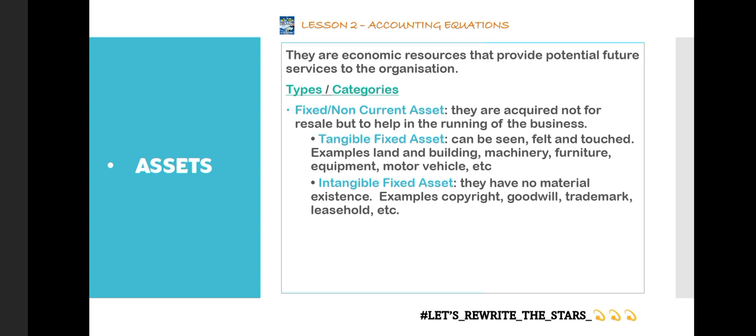Now let's come to the intangible aspect of the fixed asset. Just as the name says, intangible, they are materials that also exist, but we cannot see, neither can we touch. They do not exist in material nature, but they are services that are provided for the business for a longer period of time. So something like copyright, the right which helps a business to be the sole owner of a particular brand or of a particular product, is called copyright.